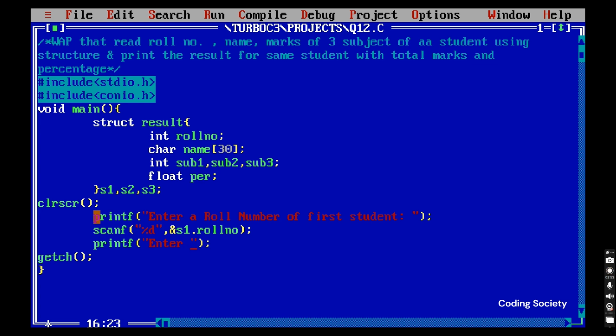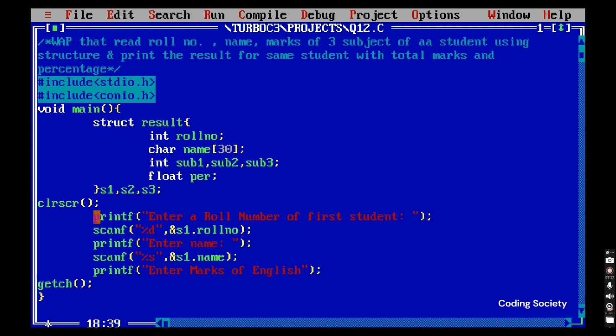printf("Enter name"); scanf("%s", &s1.name); printf("Enter marks of English");